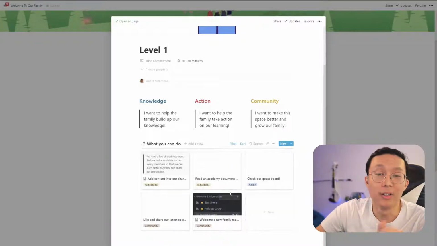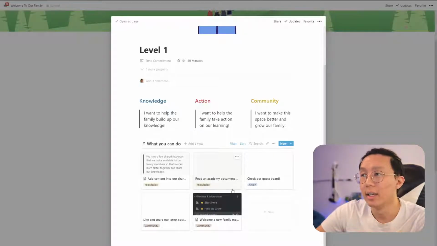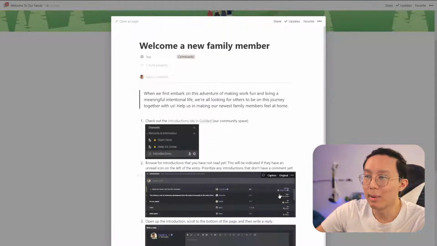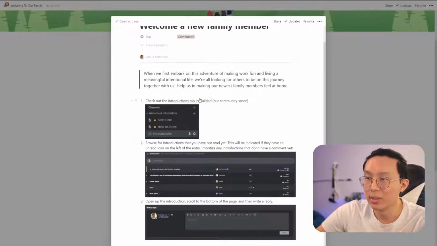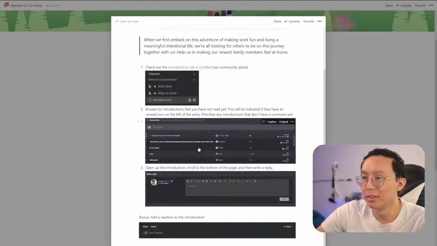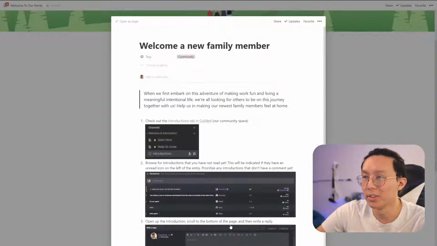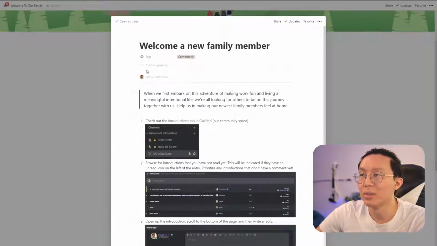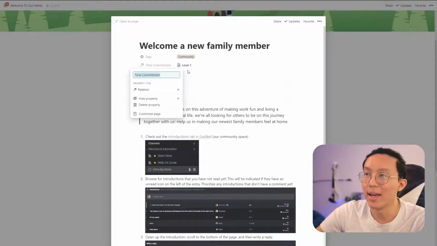Again, I will fill all this out later on, but I just wanted to show you the structure of it and the skeleton of how this might work. I can open up this welcome a new family member. What does this mean? Okay, this is the first thing I'll do. This is the second thing I'll do, the third thing I'll do, and this is my bonus. And I know that at the end of all this it will only take me, at max,